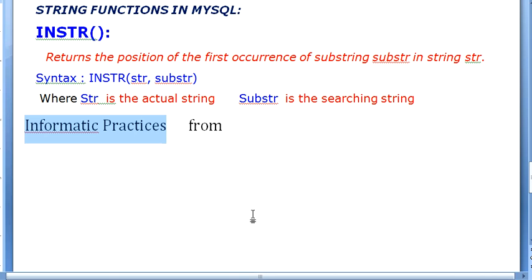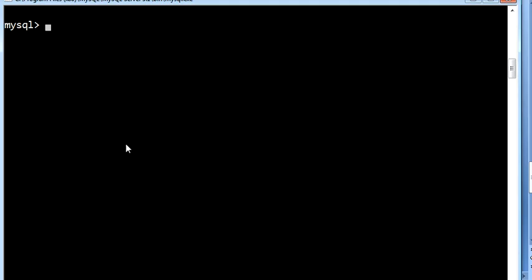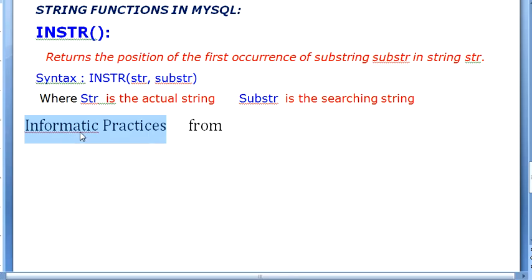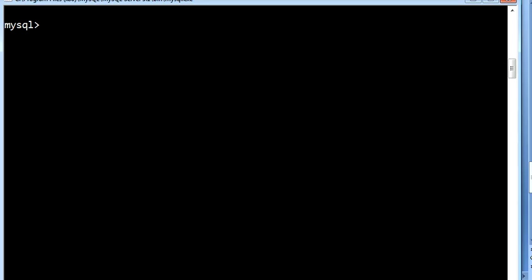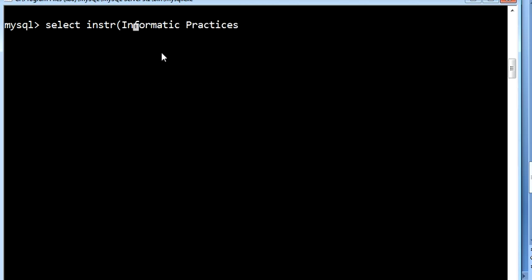So let us see some examples on our MySQL platform itself. Let us take the same string. So SELECT. What is the function name? INSTR, open bracket, and here you give the string Informatic Practices.